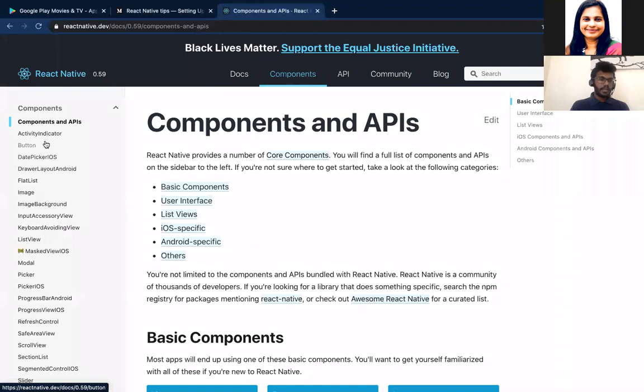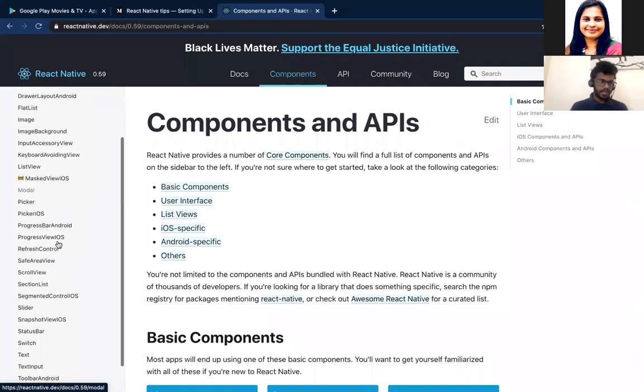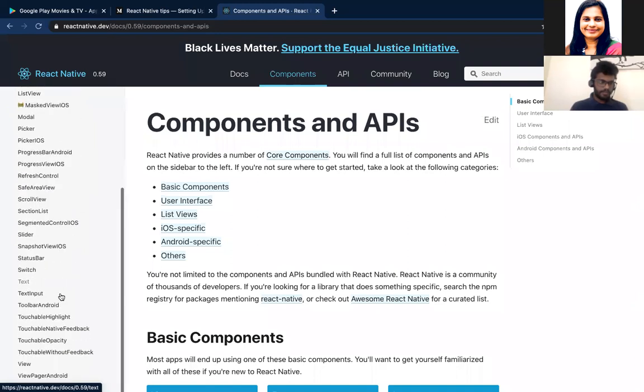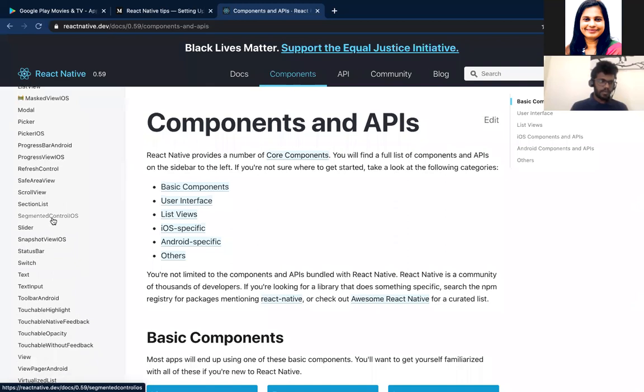Okay, guys, you can see lots of components here: Button, Image, ListView, Text, View, and a lot more.